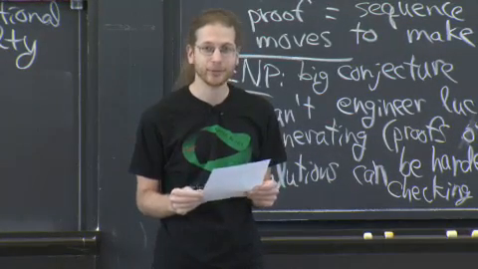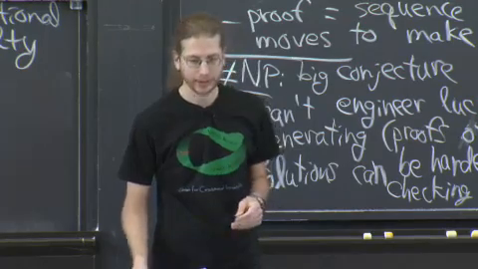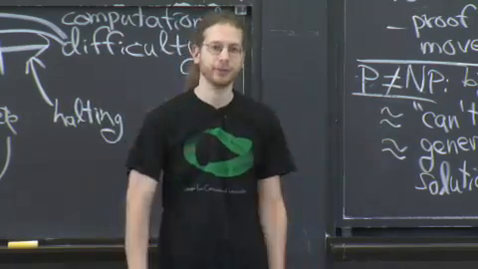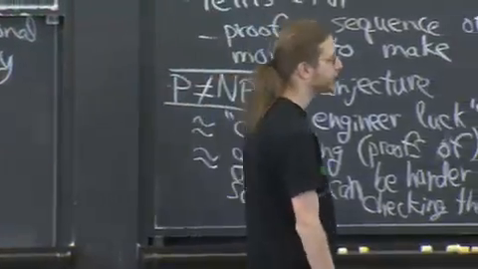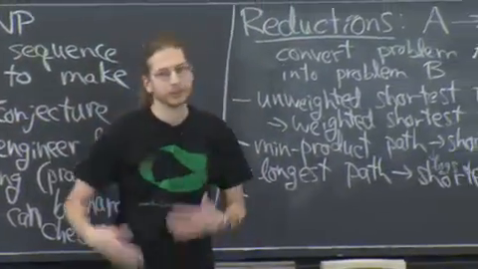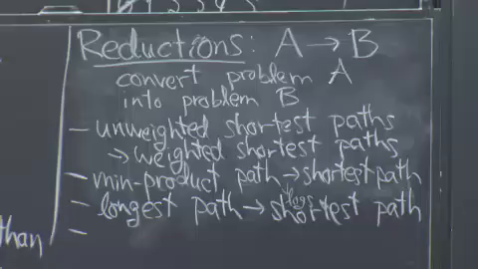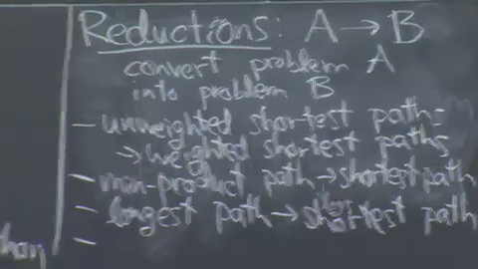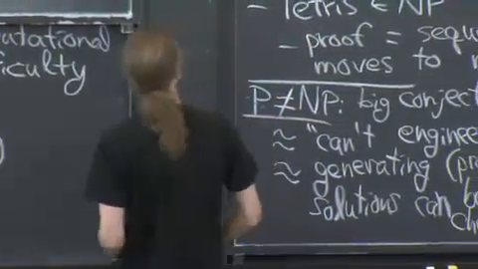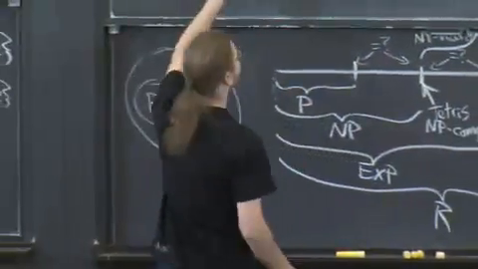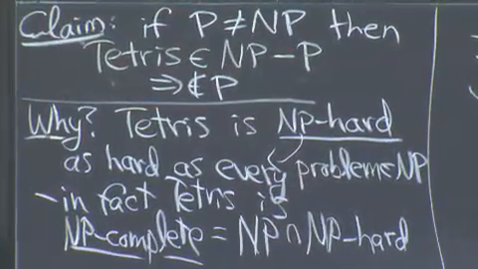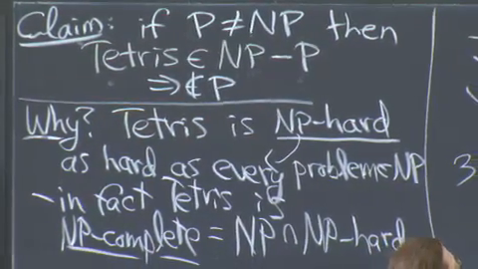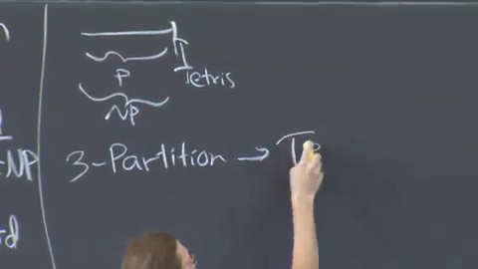Then there's the leaky tank problem, which is also a graph reduction problem. You could represent all these extra weird things that were happening in your car by just changing the graph a little bit. And it's a very powerful technique. In this class, we see it mostly in graph reductions, but it could apply all over the place. And while this is a powerful technique for coming up with new algorithms, it's also a powerful technique for proving things like Tetris is NP-hard. So what we proved is that a problem called 3-partition can be reduced to Tetris.